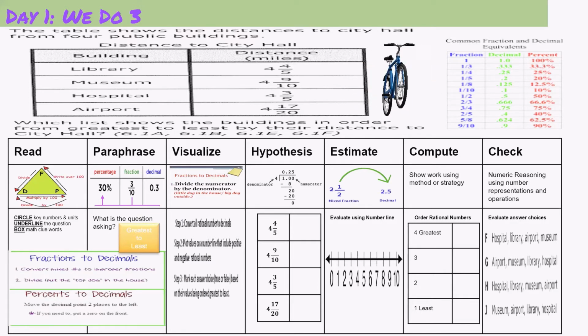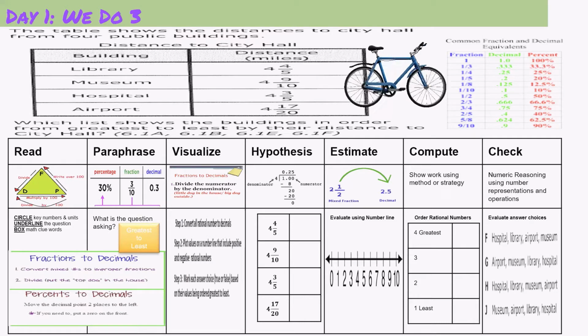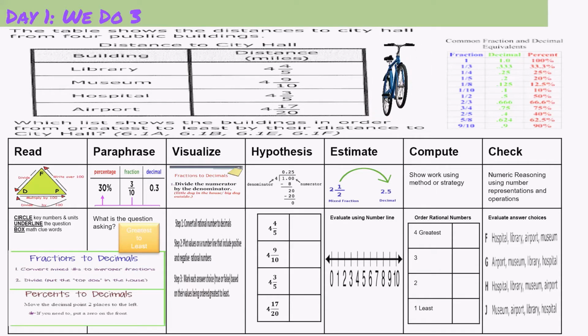Okay, first thing I want to do is convert our fractions to decimals. When I look at my whole numbers, all of my whole numbers are 4. So I'm not worried about the whole number right now. I need to find just the value of the fraction, and my whole number will remain the same. So when I convert 4 4/5 to a decimal, I will get